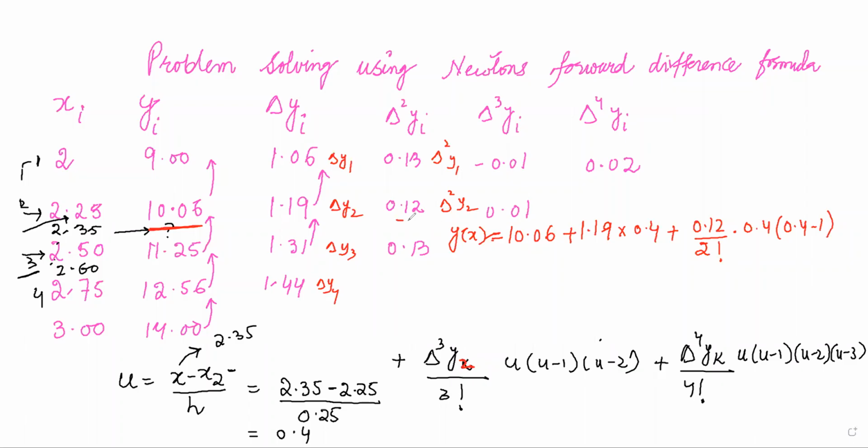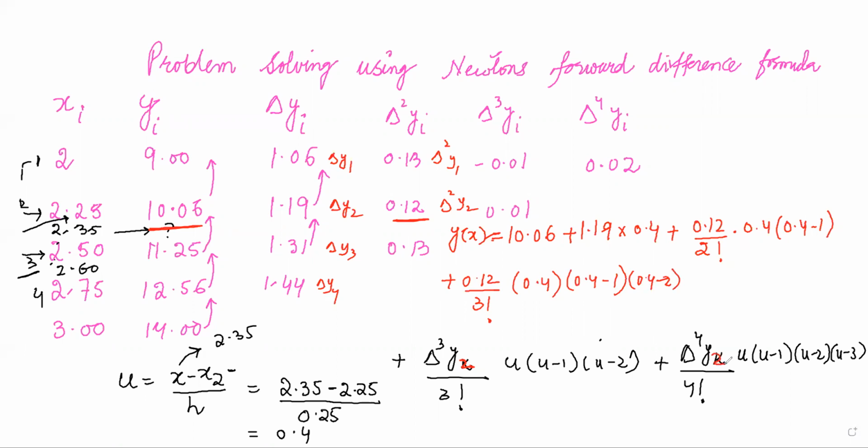So delta 3 y2 is how much? That's equal to 0.12. So we'll write plus 0.12 divided by 3 factorial into 0.4 into 0.4 minus 1 into 0.4 minus 2, plus